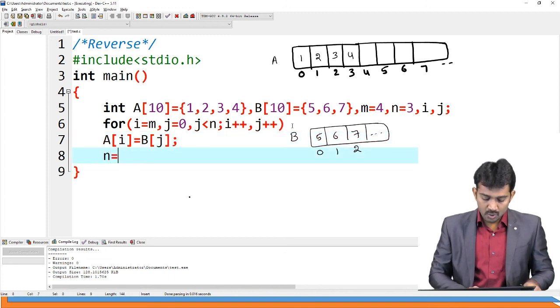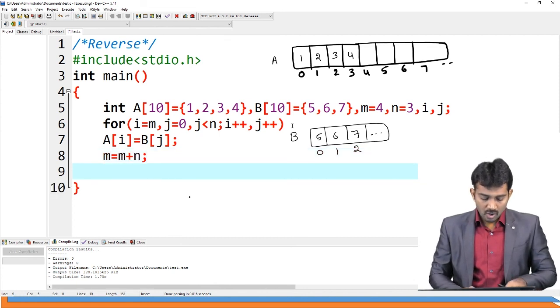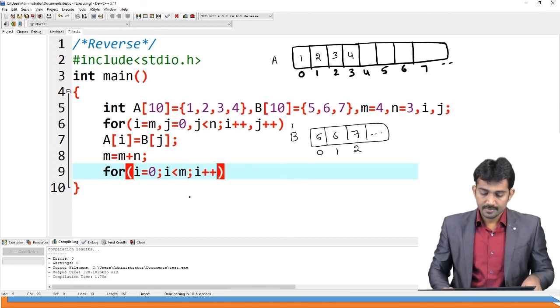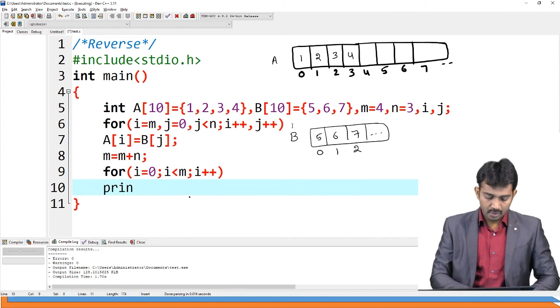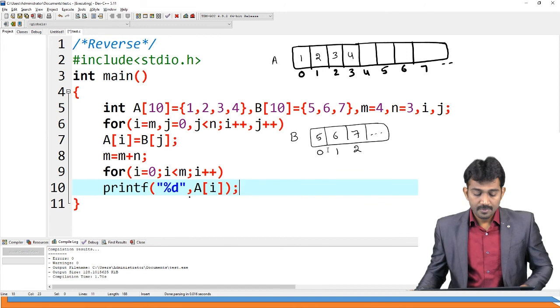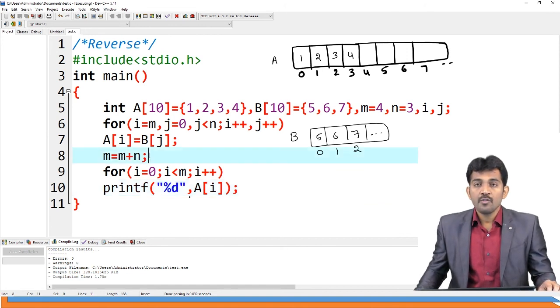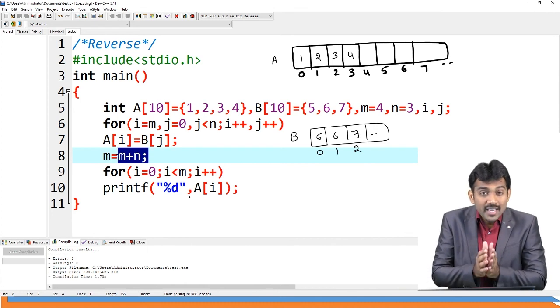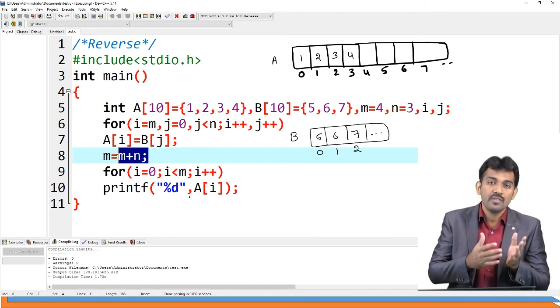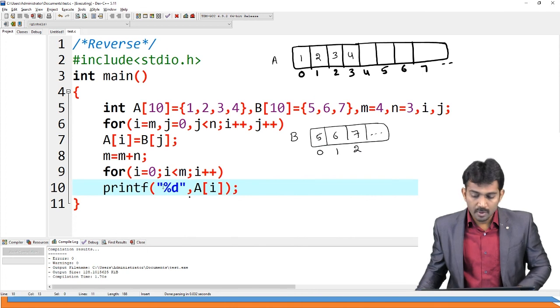That's all. After that, m size goes to m plus n, right? After that, for i equal to 0, i less than m, i plus plus, printf of %d, comma, A of i. See what I did here. Why do I perform this operation? Because array A becomes the combination of A and B, means the size of m plus n goes to the size of A, right? Now, if you perform this operation,